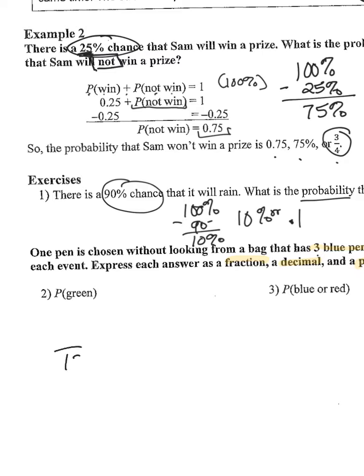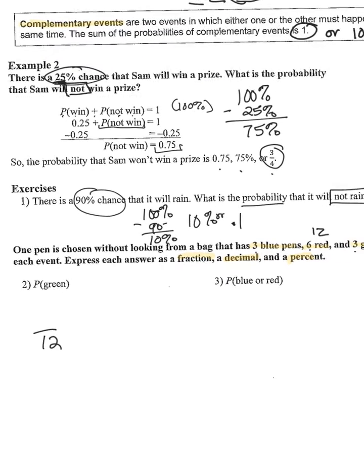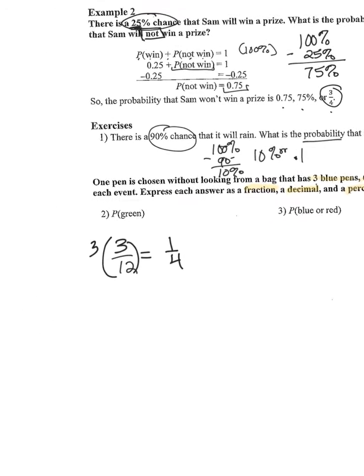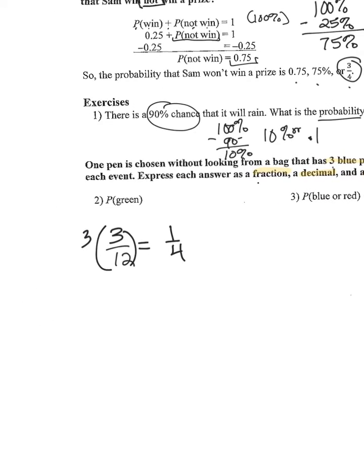So out of 12, how many pens were green? 3. So 3/12, and I can reduce that down to 1/4. That's in fraction form. If I want this in decimal form, all we have to do is divide it. So 1 divided by 4, and that'll give me